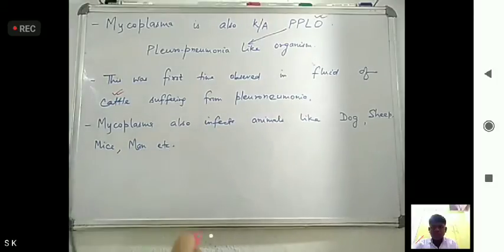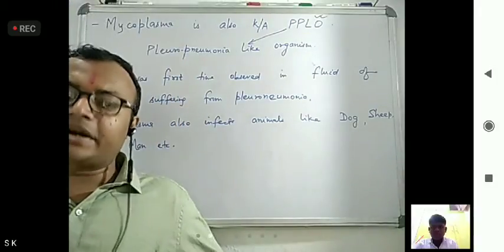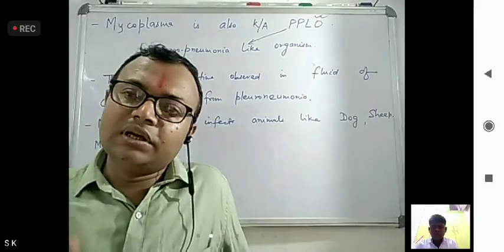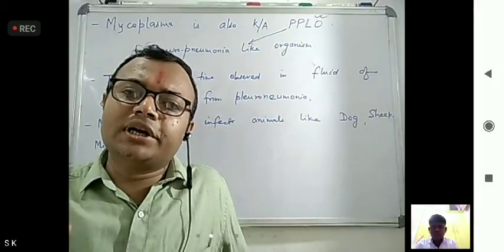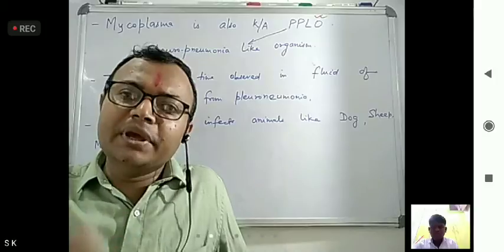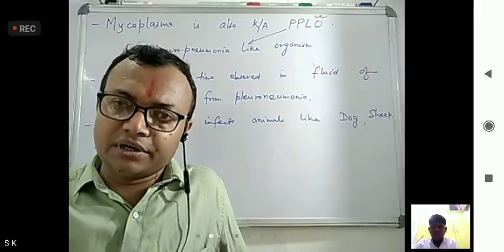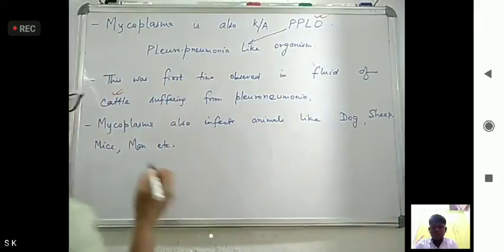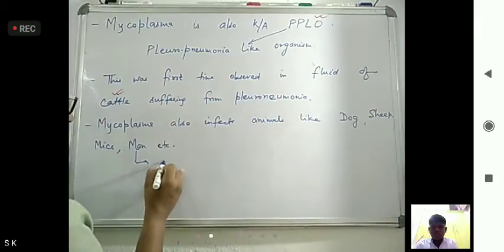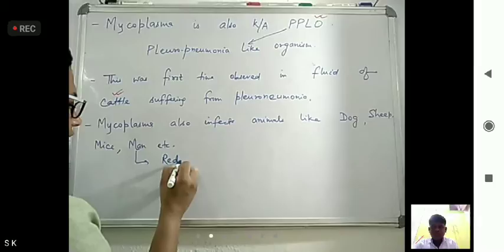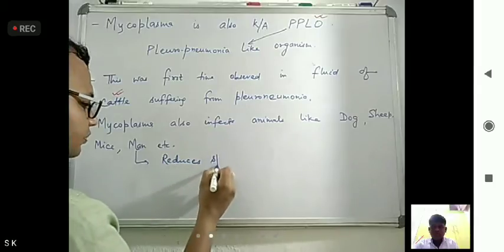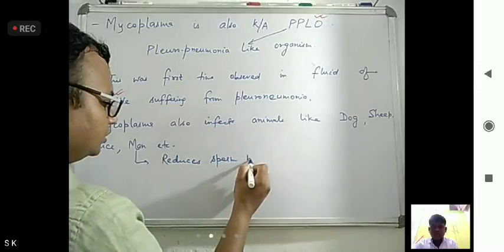Now, in man, if it is infected, it is doing what? Decreases sperm motility. So what happens? Male having the disability to produce their offspring. Okay. So in man it reduces sperm motility.